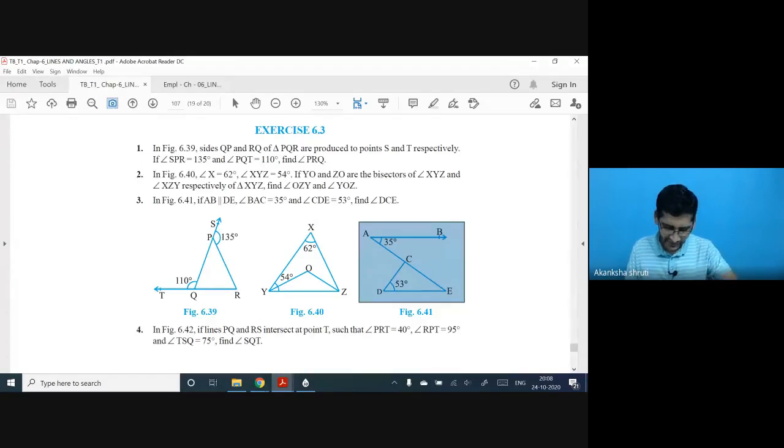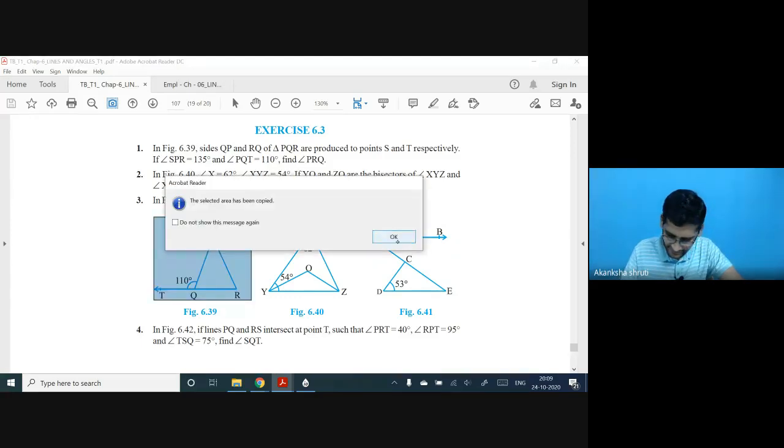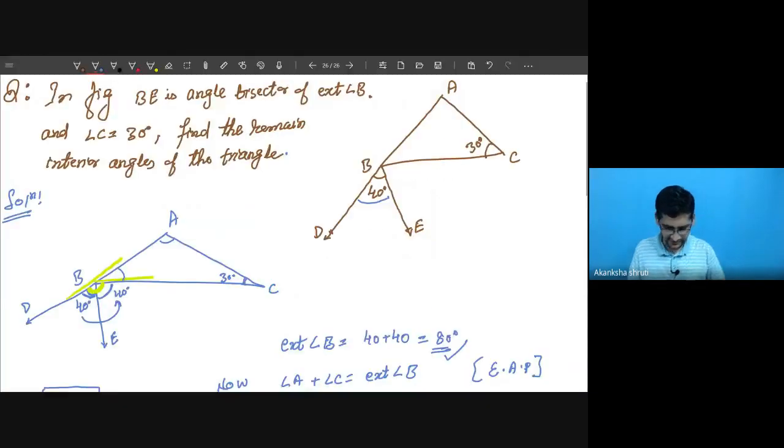Student, again observe carefully in question number 3. Again 100 degree and 135 degree means 110 and 135 are exterior, so that will be the sum of these two that you can calculate. Okay. So what is the angle R in this case? It is asked like this. The question may be asked like this.